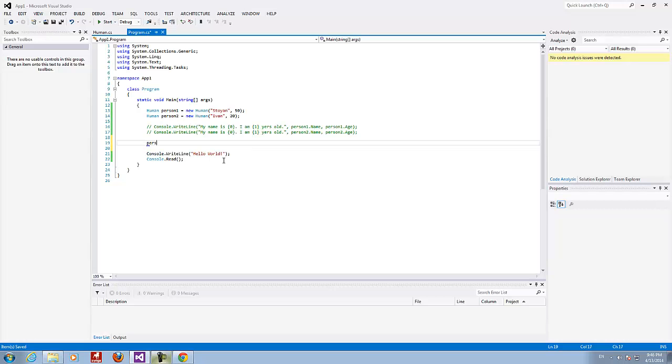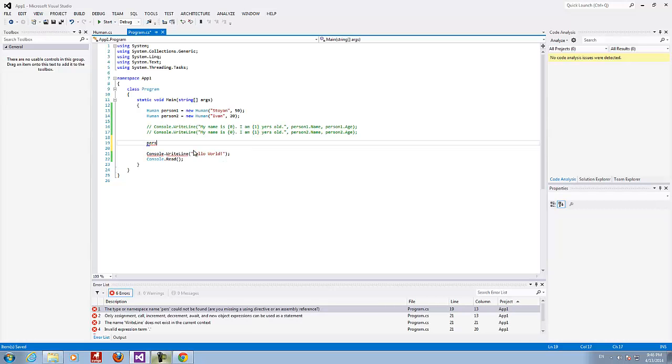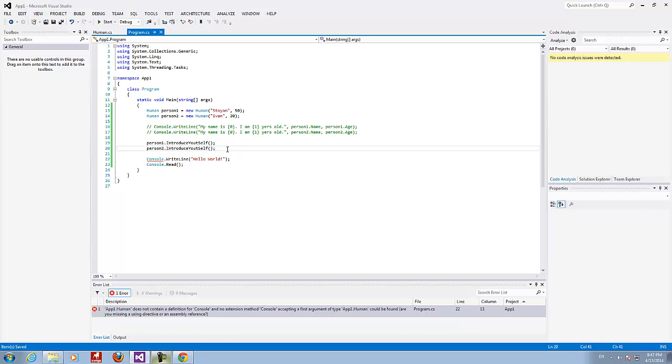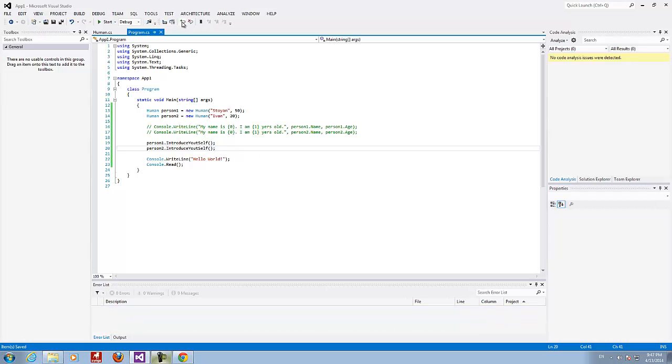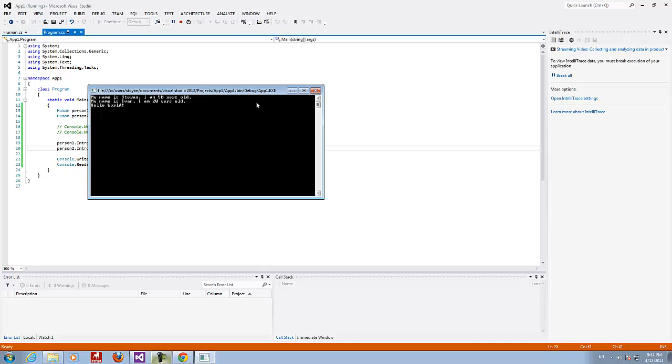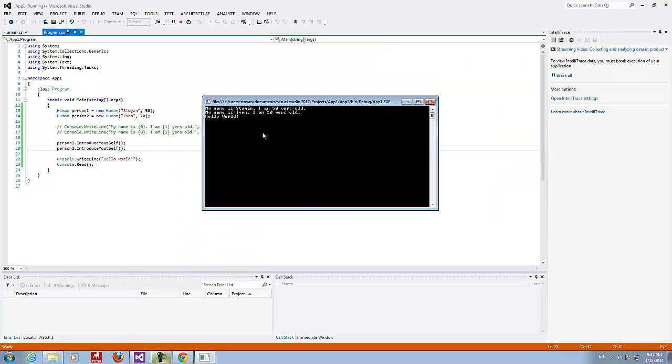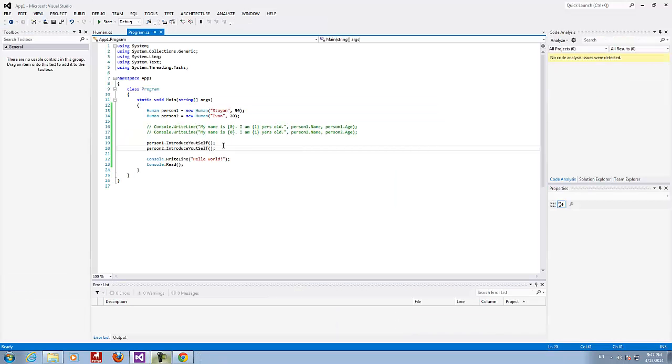Okay, now I can say person1, introduce yourself. Look, my method just showed up. Person2, introduce yourself. You will see that the functionality is not gonna change at all, but I just changed drastically the internal structure of my code. I made it better. Why is the code better?